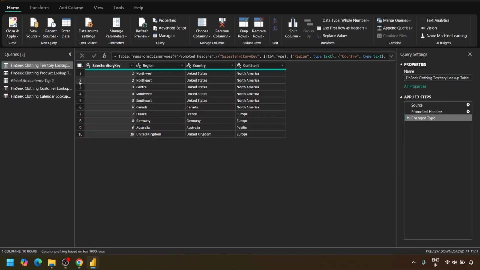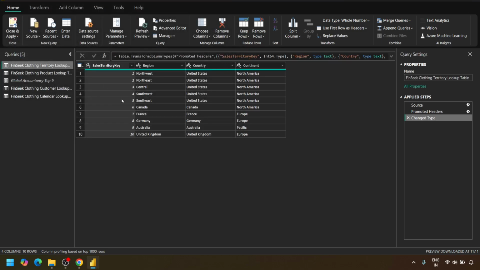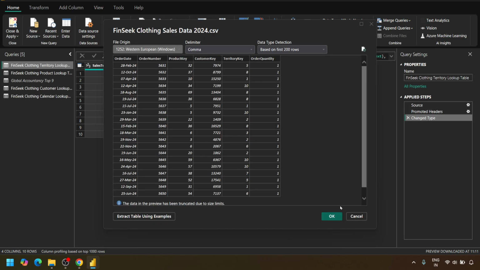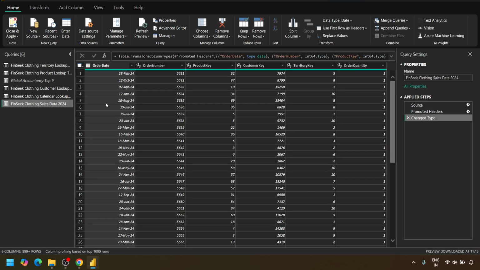This is our Power BI dashboard here, and inside that let's put a text or CSV file, and we want to put our sales data of 2024. So we click there. The data is getting loaded now. Once after this loading, we press OK. Now you can see that data is given such as order date, order number, product key, customer key, territory key